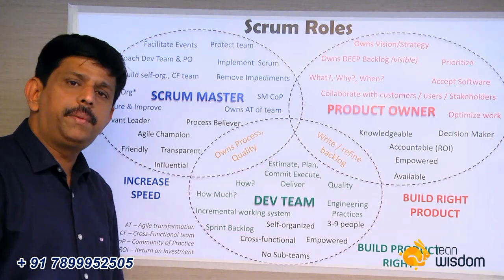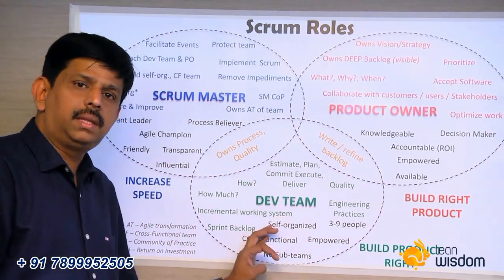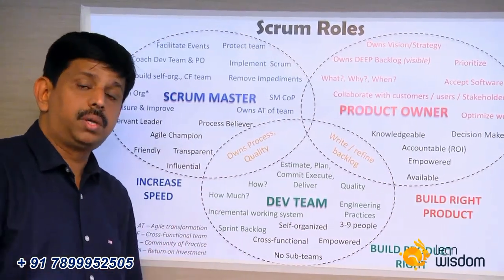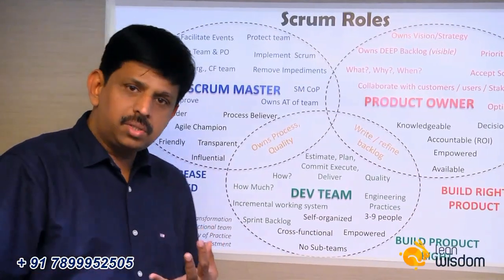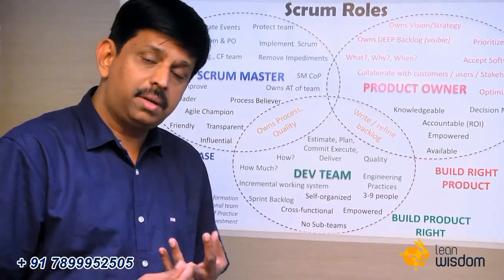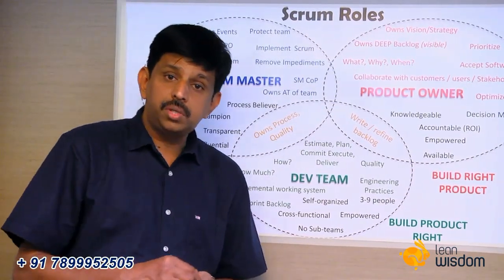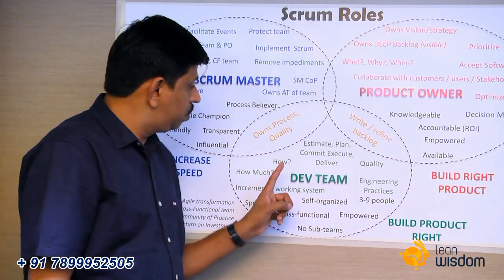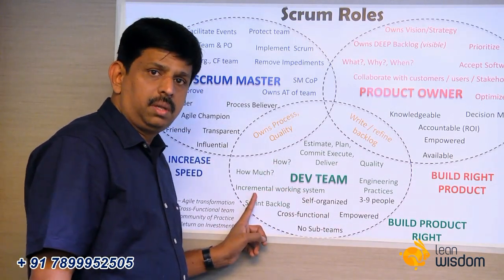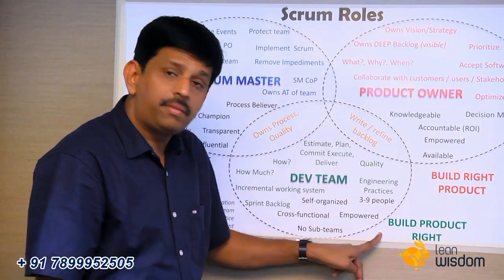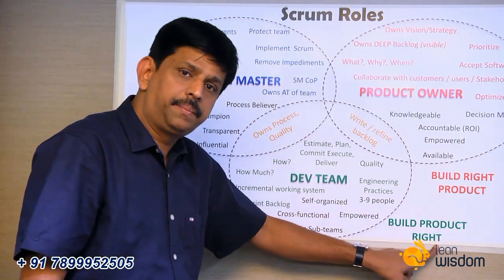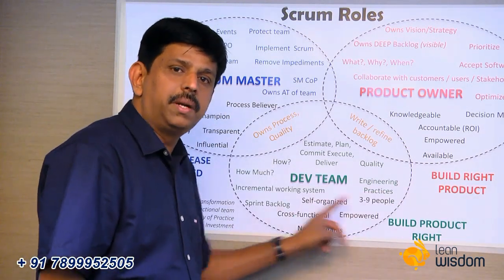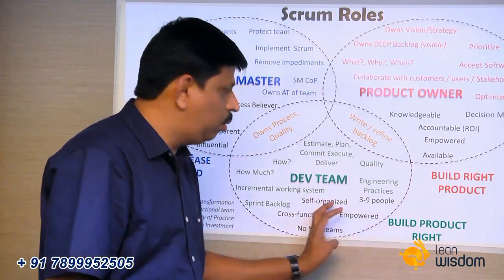Let's move to the development team role. The development team is a combination of all the development and engineering skills coming together. You need UI skills, you need backend development skills like a middle layer, you need testing skills, you need automation skills. All that skill exists inside the development team. The development team is responsible for how and how much. How can I build? The fundamental responsibility of the development team is building the product right. Are we building this product in the right way? How is my architecture? How is my design? Am I writing good code? Am I doing good testing?